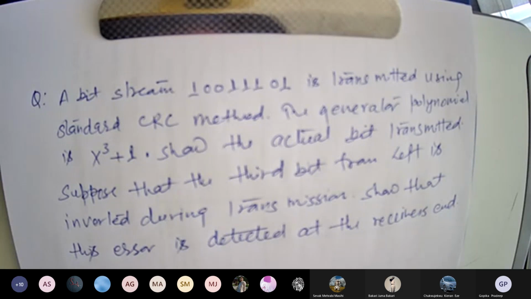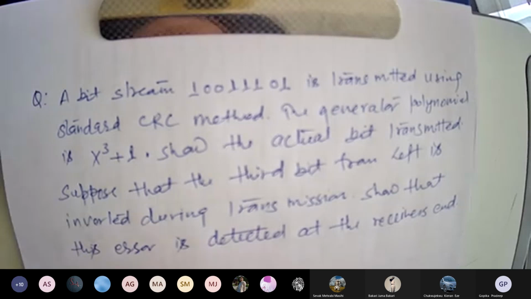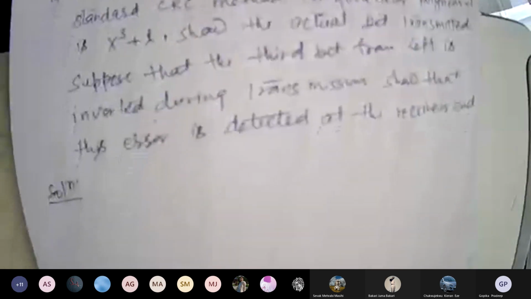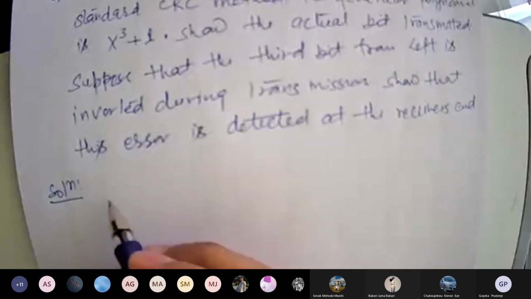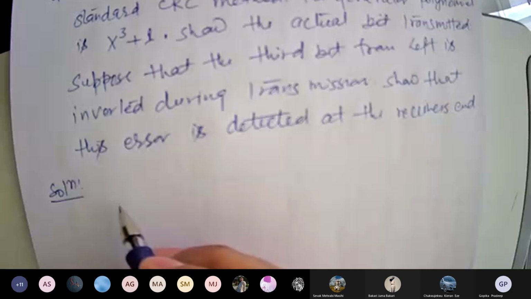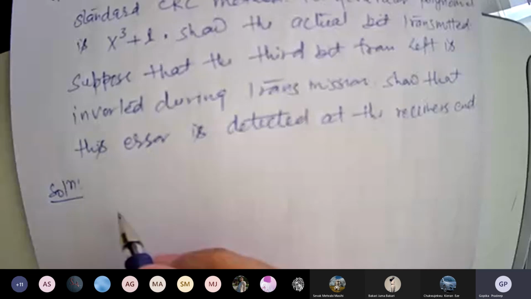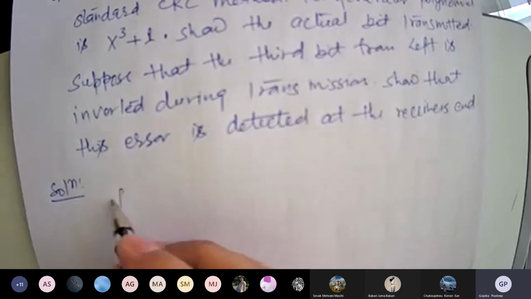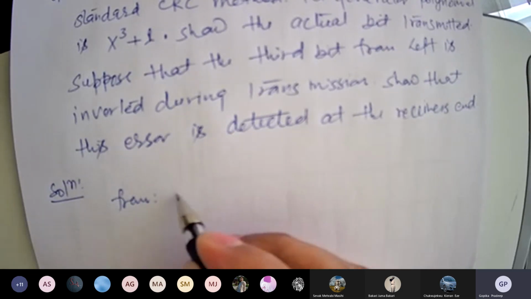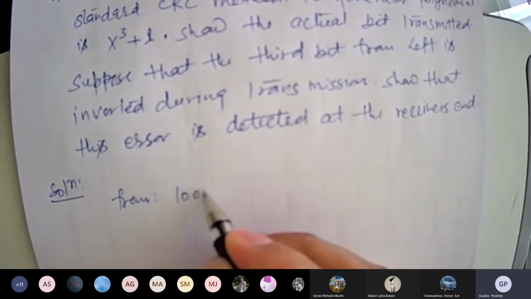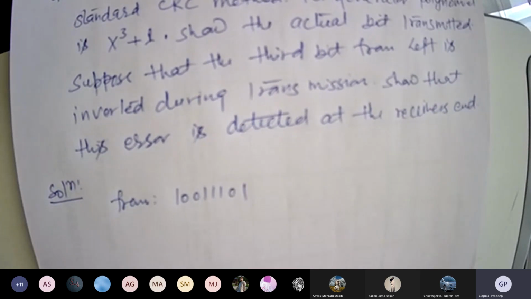So in this question, you have been given a bit stream. So solution, you have been given a bit stream. Now what is that bit stream? Bit stream means what? The frame. Yeah, the frame is given: 1001